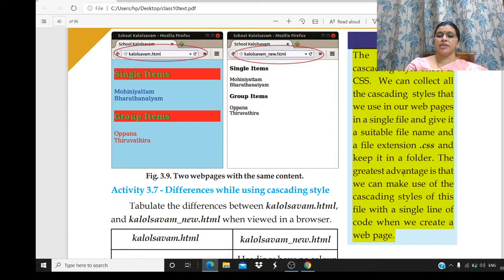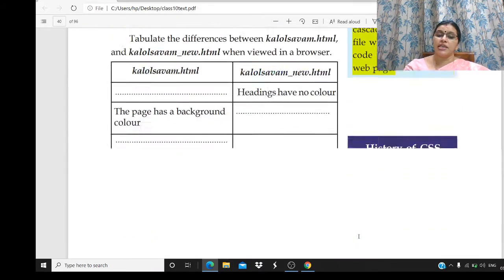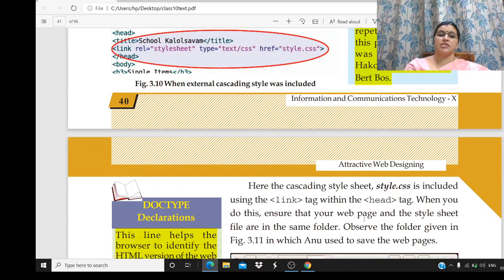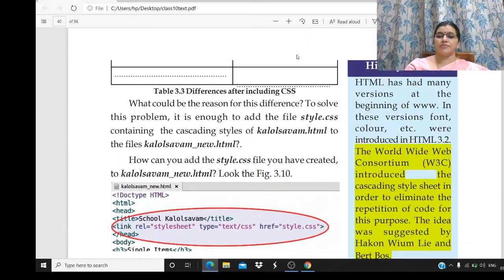The greatest advantage is that we can make use of the cascading style of this file with a single line of code when we create a web page. We want only a single line of code. What is the single line of code? Link. Only a single line of code needs to be called in every web page. The same single line of code that we saw earlier. This one. Link, REL, style sheet. Just this single line of code is enough. There is no need to write all the styles again and again. Once the style is created separately, what should we do with it? Call it, using the link. Okay.